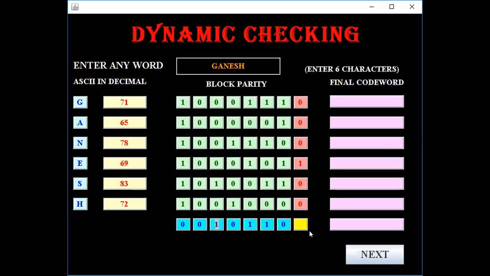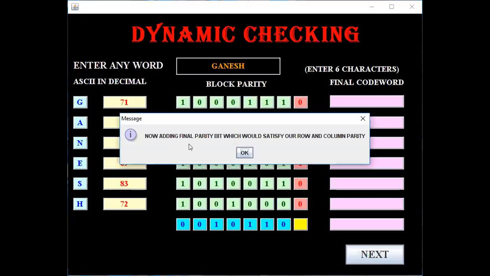Now the time for the final parity. Now let us predict it. Here we can see that there is only one, so to make the eighth column even parity, we have to add 1 here. And the seventh row also has 3 ones, so we have to add 1 here, of course, for having even parity.